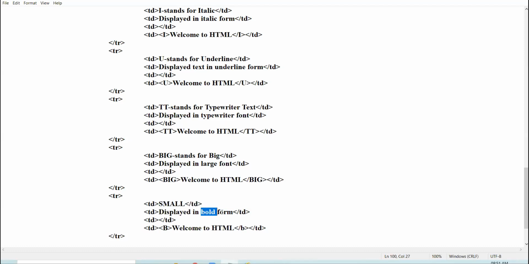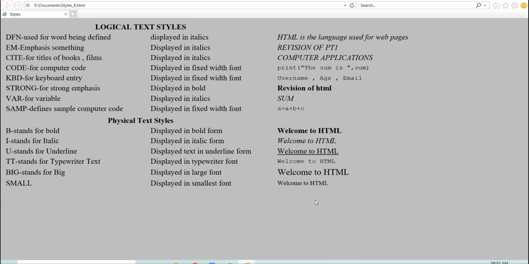Displays text in smallest font. Like I here write small and I enclose small over here. Clear? See here. See the output when I use the big tag. See the output when I use the small tag. Am I clear with all the logical and the physical text styles? Yes, 10th class. Am I clear to all?